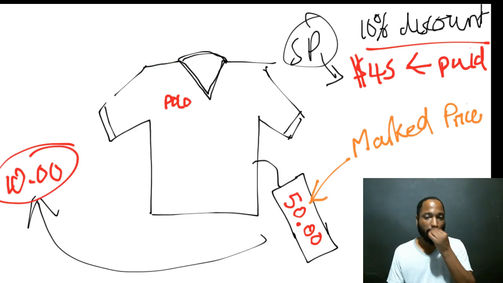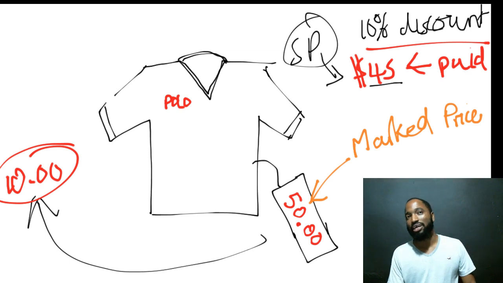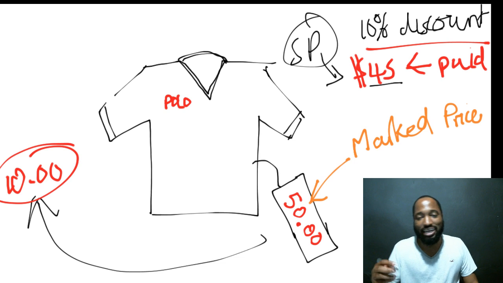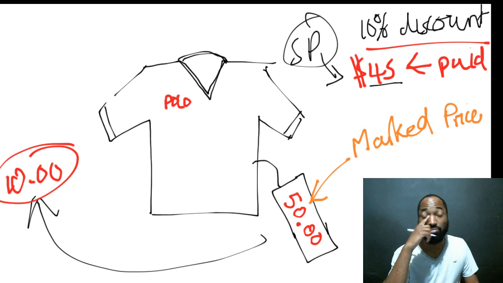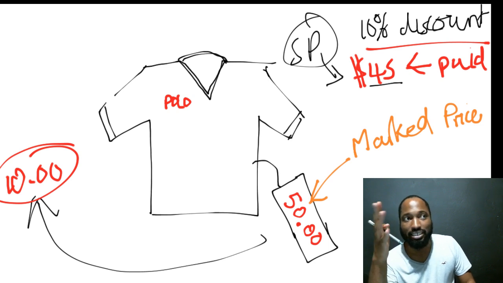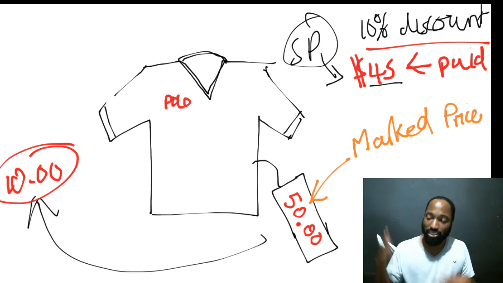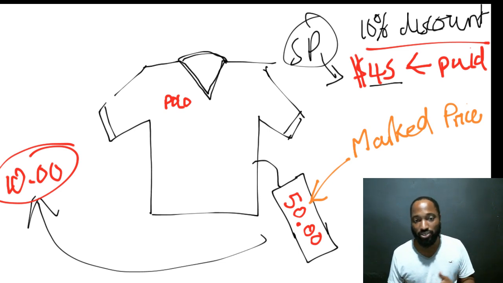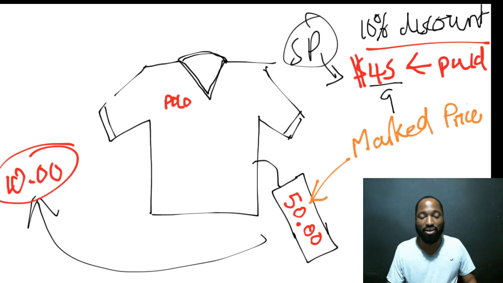So we mentioned discount, we mentioned profit. Loss will be, obviously, if they end up selling the shirt for less, and no retailer will do that. You normally only make a loss if you're selling cars or something and you can't get a certain price. Or if you're selling goods in the market and nobody wants to buy them, and you end up selling them lower than you bought them for, you make a loss. When your selling price is less than your cost price, you make a loss. You're not getting anything from it. So if this was $9, they'd have made a loss of $1.